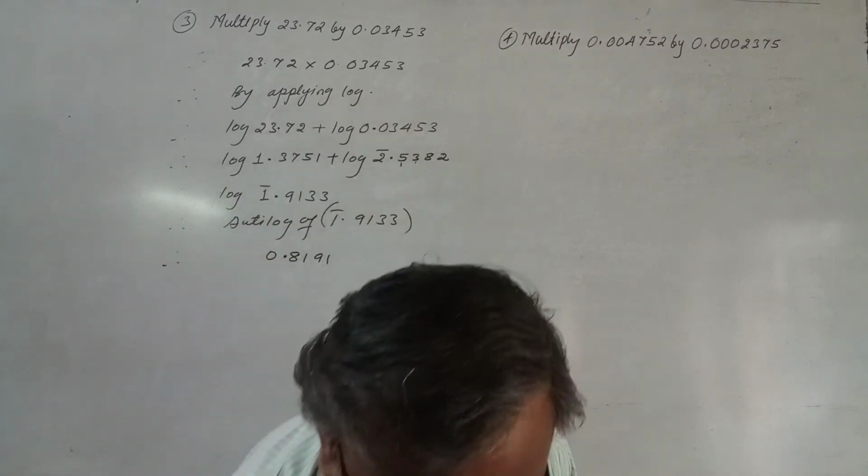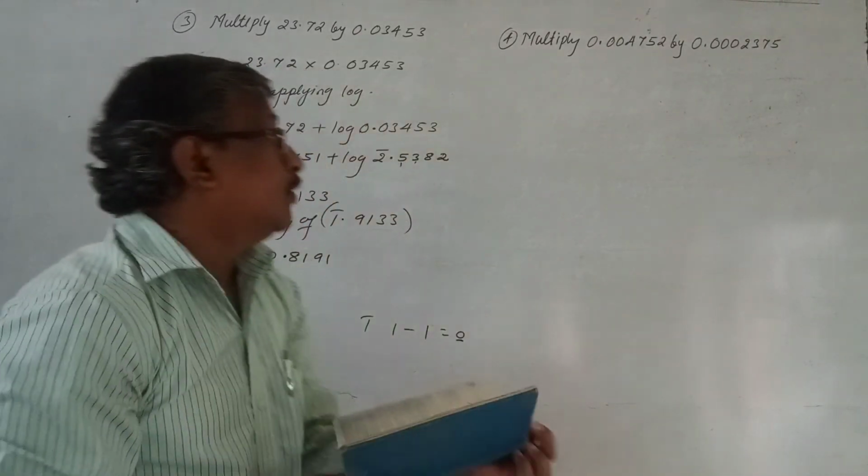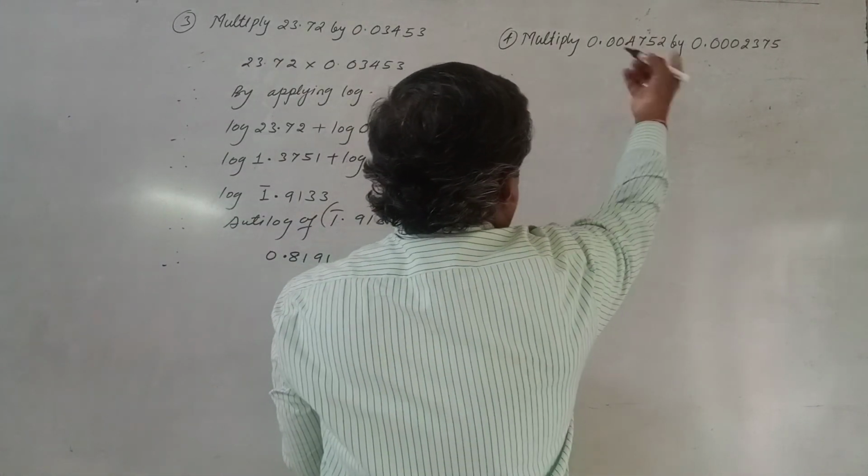Clear? So again, as before, you have to multiply these two numbers. So again I will rewrite the